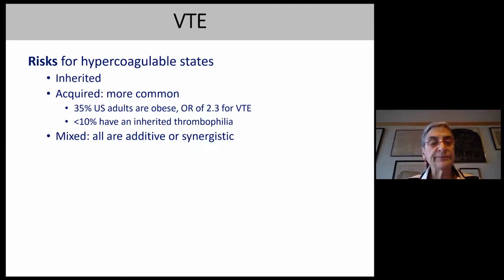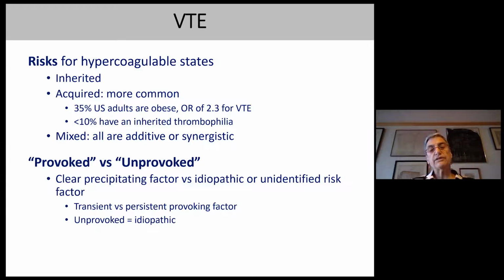venous thrombosis. But the real question in deciding how to test a patient, who to test, and how long to treat them is whether their venous thromboembolic event is provoked or unprovoked. If there's a clear precipitating factor for the event, such as being put at bed rest or having major surgery, then in general, there's really no point looking for an inherited reason for a person to have a clot, because you can explain the clot and you're not going to treat that patient long-term once the inciting factor has